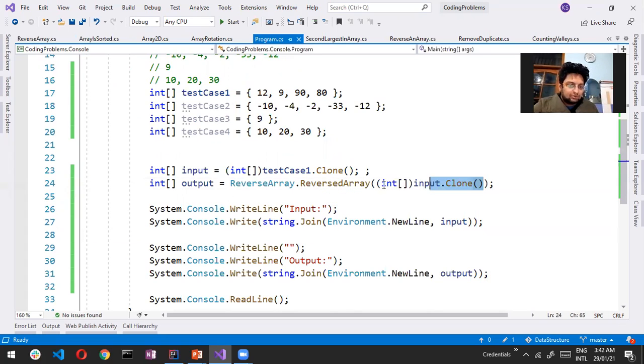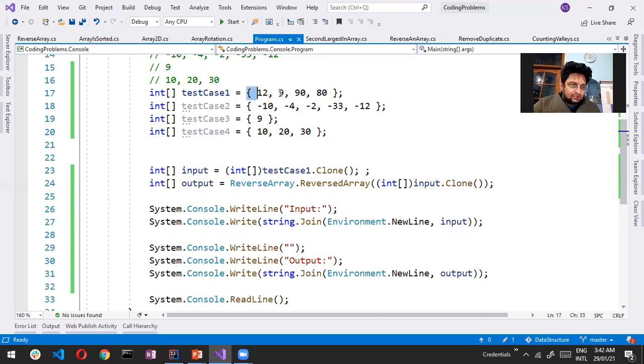If you know what I am doing here with the clone, don't worry about this. Basically I am just cloning my array so that it will not be passed as a reference to my methods, because when I print, I want my original values to be printed.